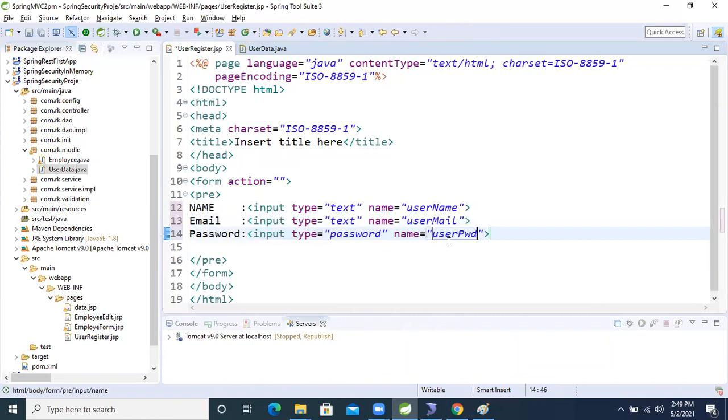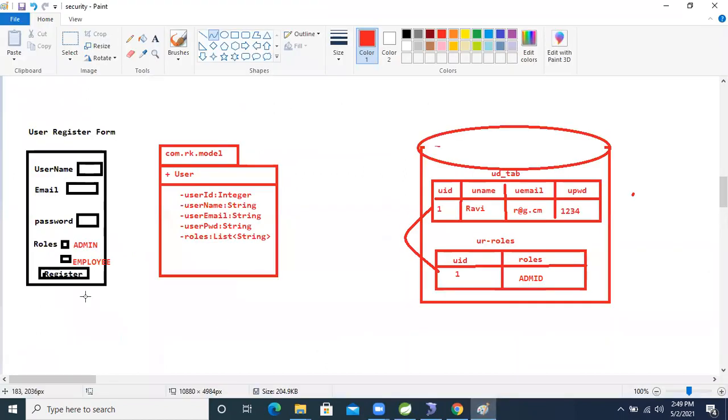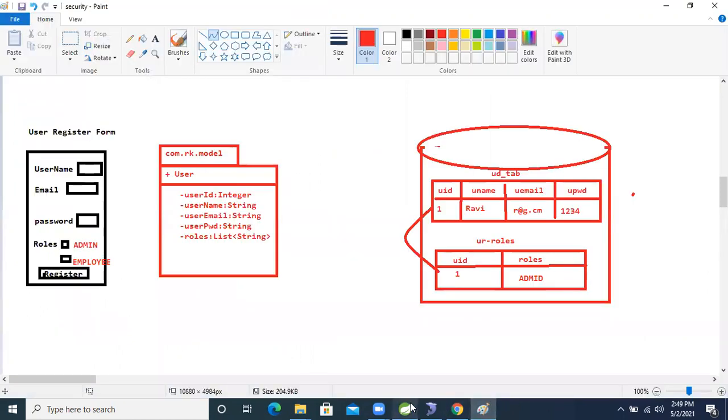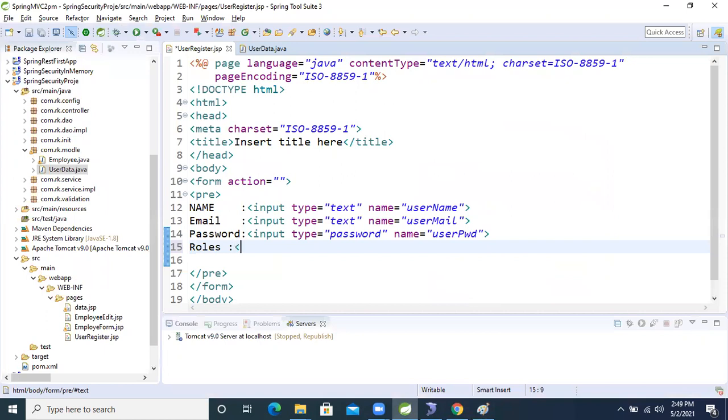Now another one, we need to take roles also. Roles.